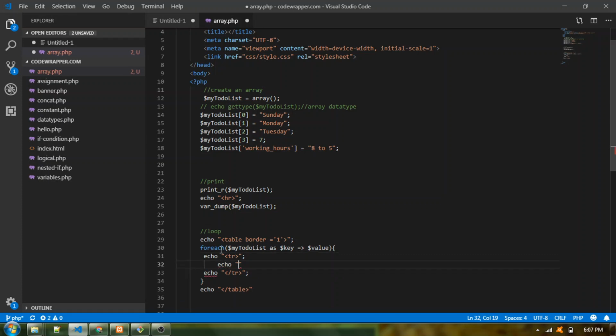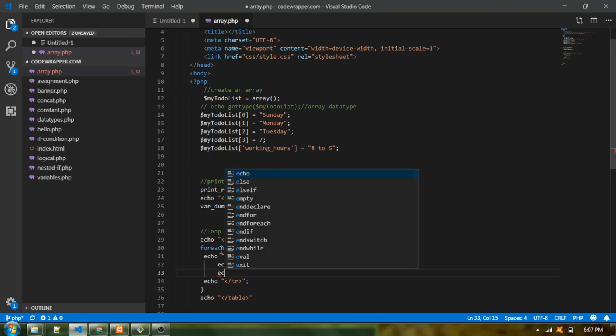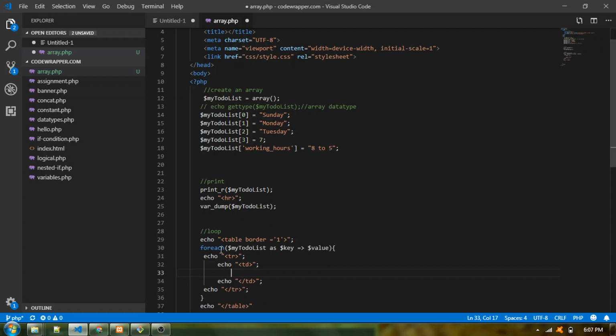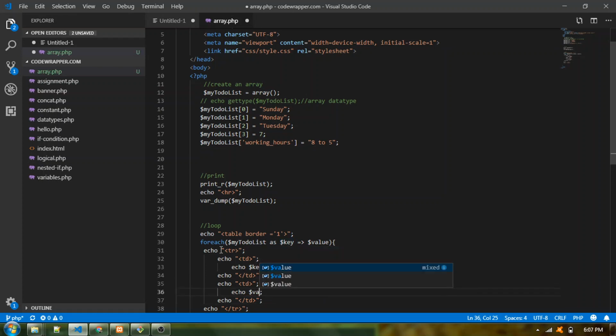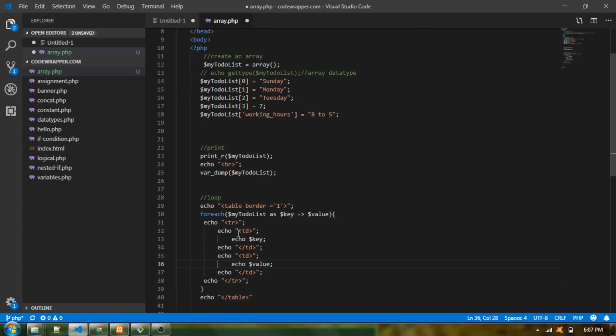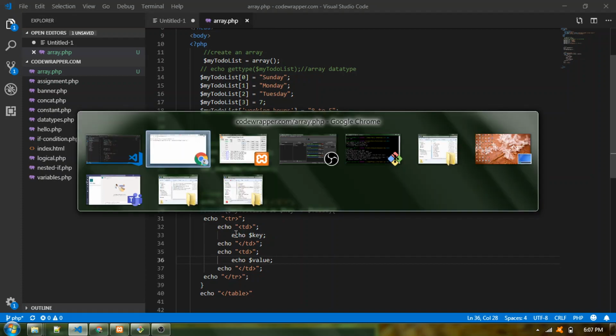And I need 2 columns. So in this case, I'll first write the first td, and the first column is ready. So here I can use the key, and here I can use the value, right? So if I run this file,